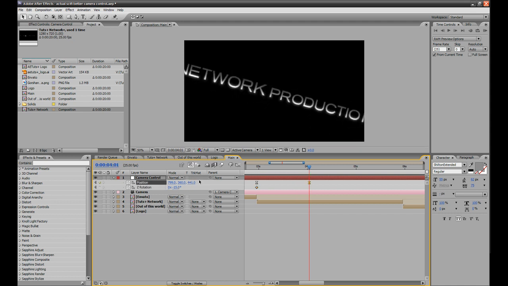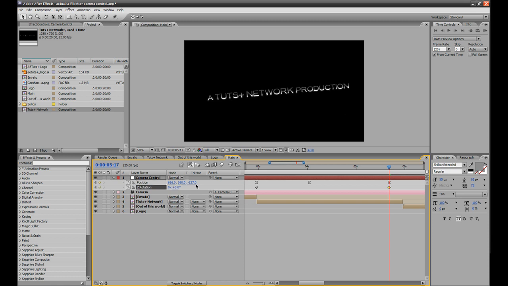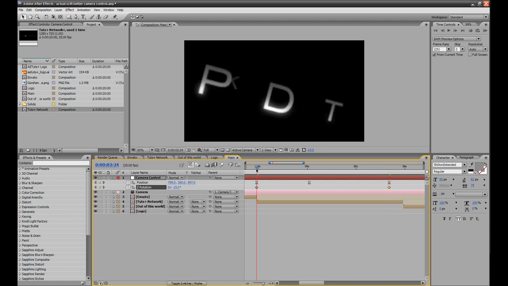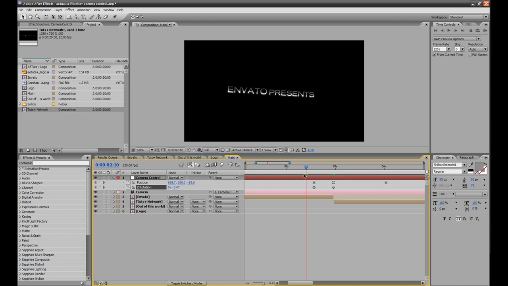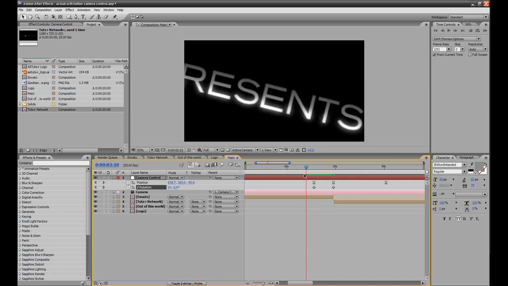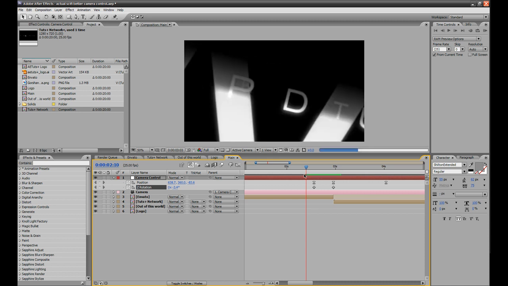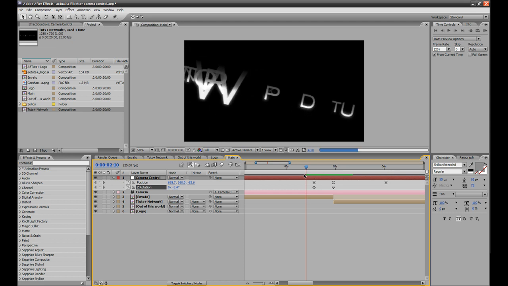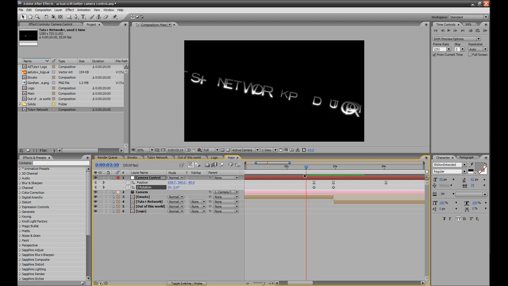And then again, as the animation and the text comes together, say about there, we'll zoom out to maybe 0, where we were. We'll change the X. And then at the end of the animation, we'll zoom out a little bit more and we'll change the Z rotation, say 5. So if we do a RAM preview of that, we can see we zoom out and we have a nice Z rotation,